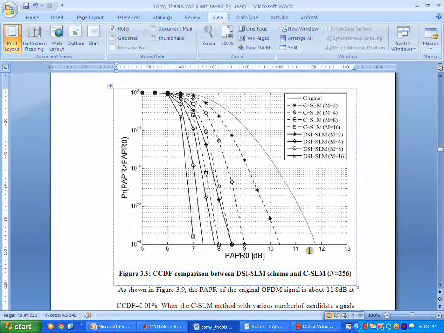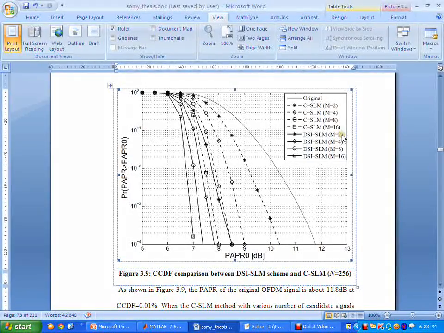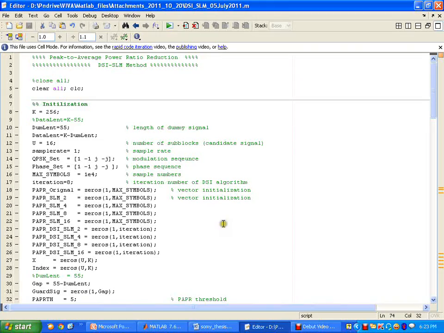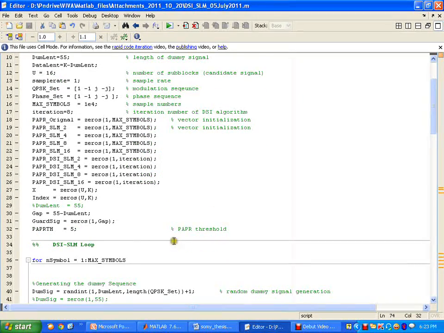What I expect to have is one of these curves here for DSI SLM when M is equal to 2, meaning that two candidate signals are generated.